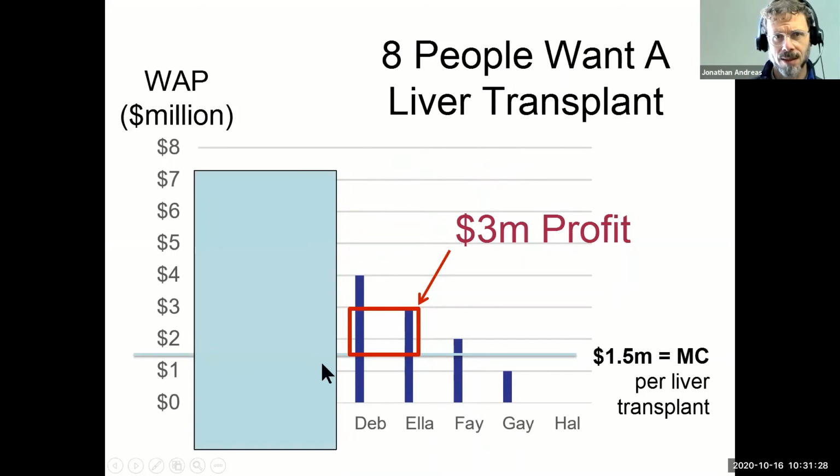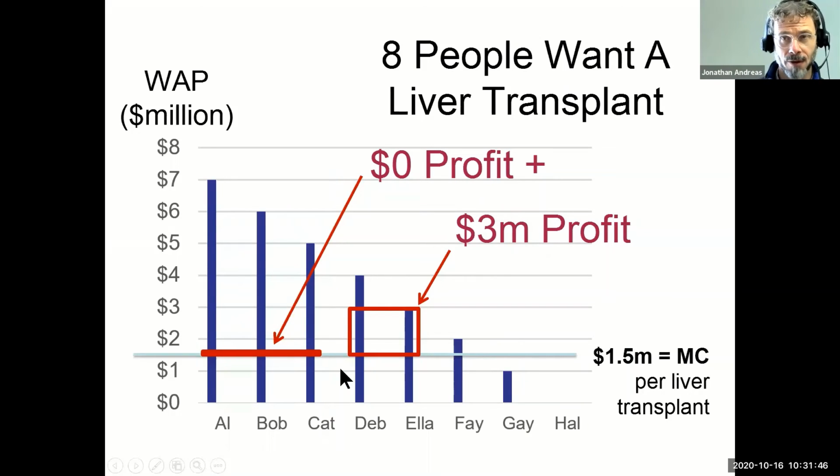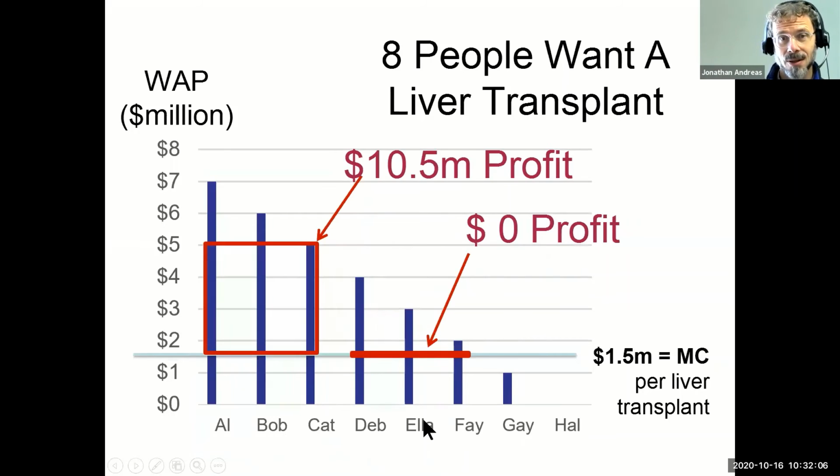So that's basically because it's almost as if these people were gone. And if you just are focusing on profiting from these four, your profit maximizing price is $3 million and you make $3 million of profit. So $1.5 million from Deb and Ella, and we can't serve these people profitably if there's one price. So this still is better than a scenario where there's no price discrimination, because with no price discrimination, it was just going to be profitable to serve Al, Bob, and Cat. And now we can still save 2 more lives, but it's not as good as the reverse price discrimination scheme,